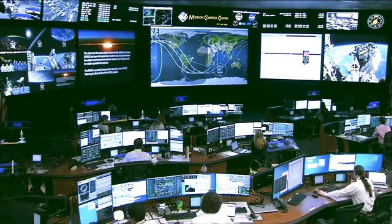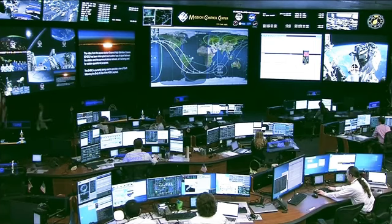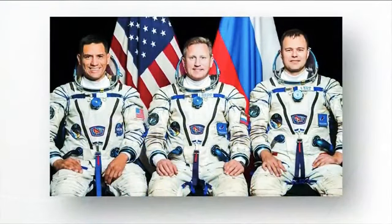Just a few minutes from now, we'll be back inside the Prishal module to watch Rubio, Prokopiev, and Petelin say farewell to their crewmates aboard the International Space Station before they float into the Soyuz and close the hatch that will begin the critical phase of the pre-undocking preparations that will take place over the course of the next several